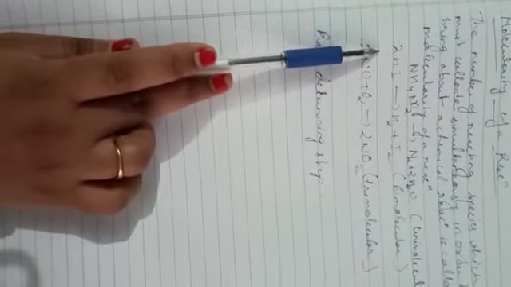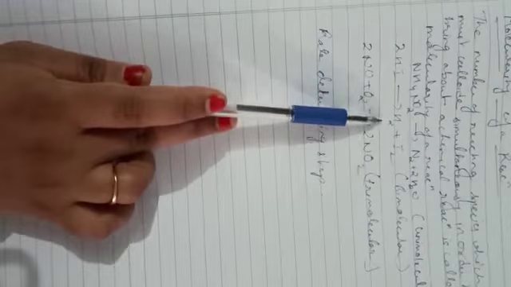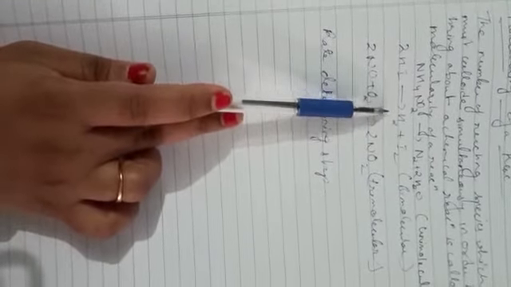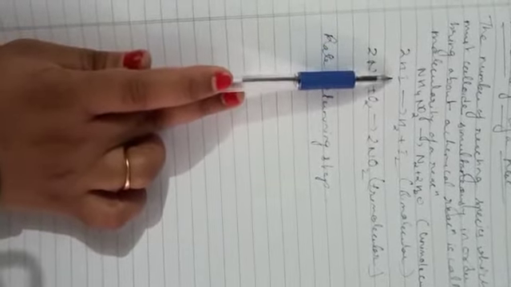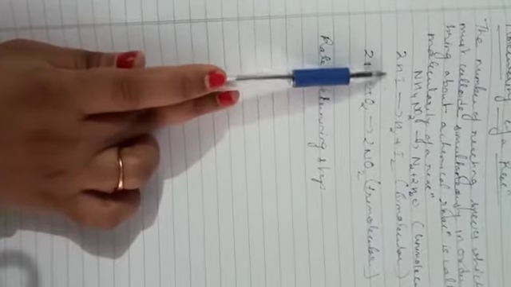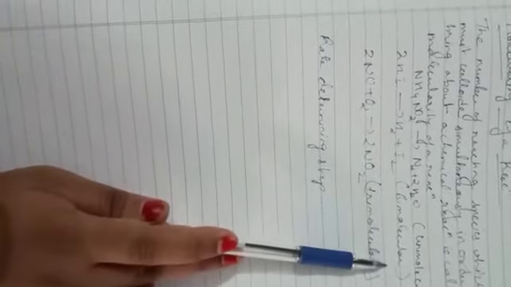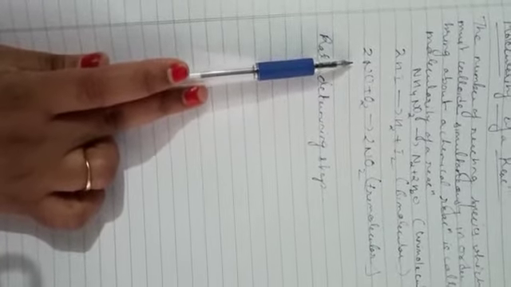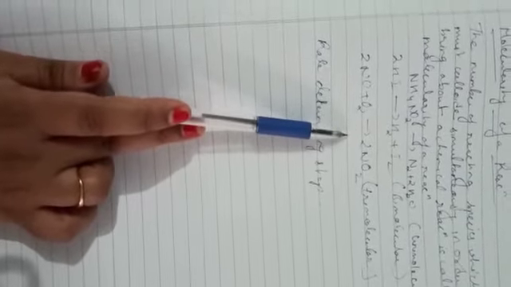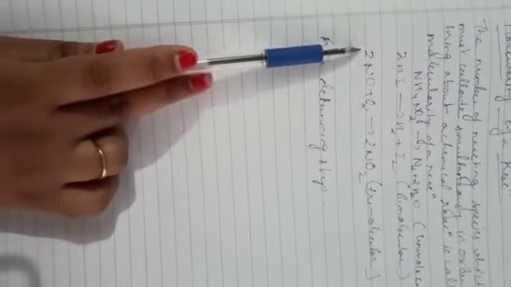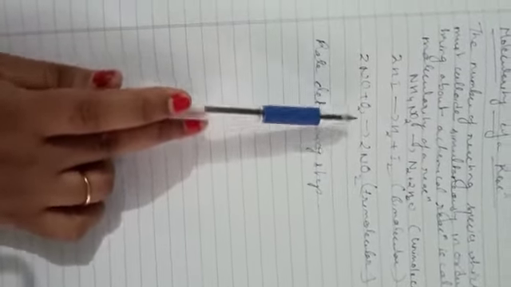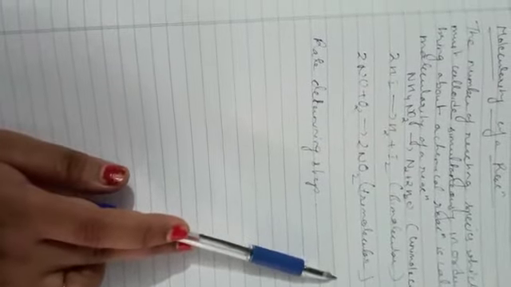In this case, here hydrogen iodide is being decomposed to hydrogen and iodine. It means the products being formed are hydrogen and iodine. In this, you can say that there are two molecules which are participating in the reaction. So that is why it is a bimolecular reaction. Here, this is nitrogen oxide which is being reacted with oxygen to form nitrogen dioxide, and here you can see that there are three molecules which are participating in the reaction. That is why it is a trimolecular reaction. So this is how we know the molecularity of a reaction.